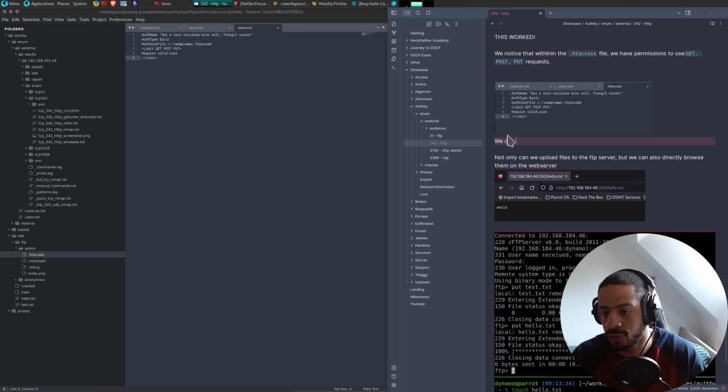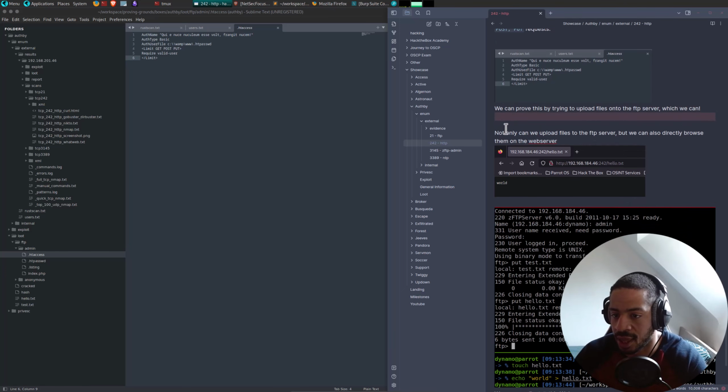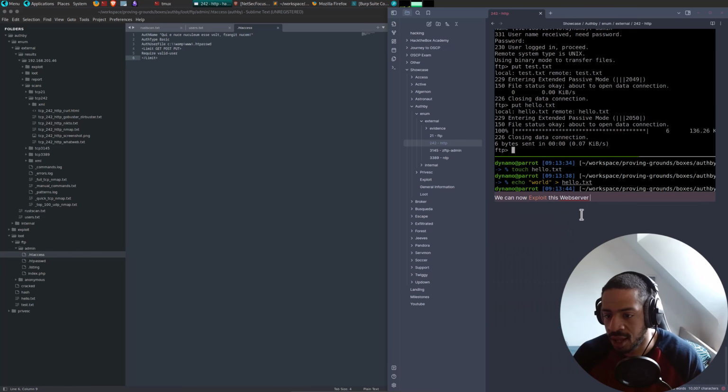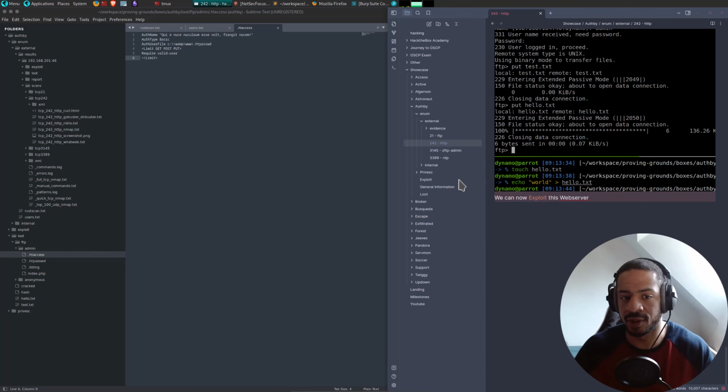We can prove this by trying to upload files onto the FTP server, which we can, like that. Okay, we can now exploit this web server.